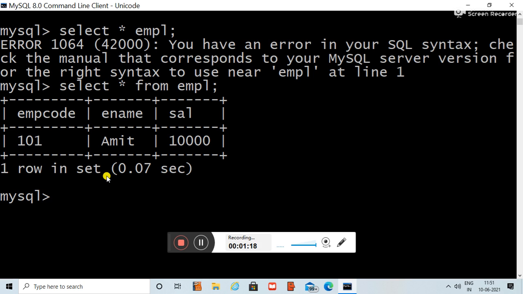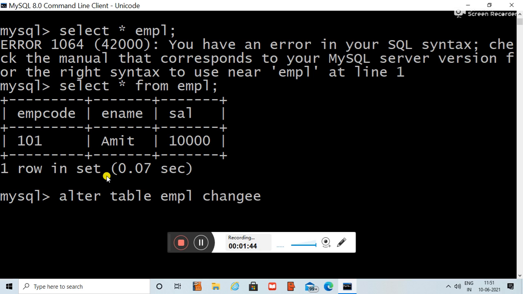Fine. So what will be the query? Alter table EMPL change. What change am I going to do? The EMP code will be changed to E code.